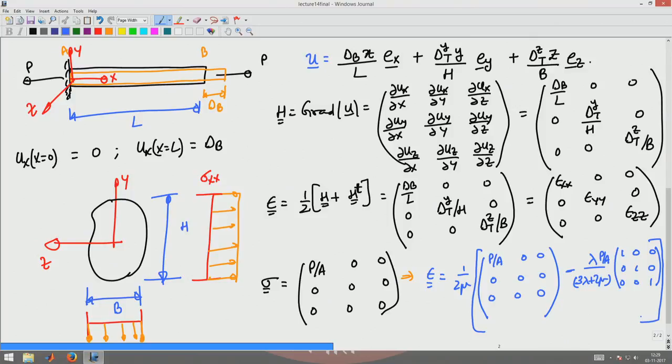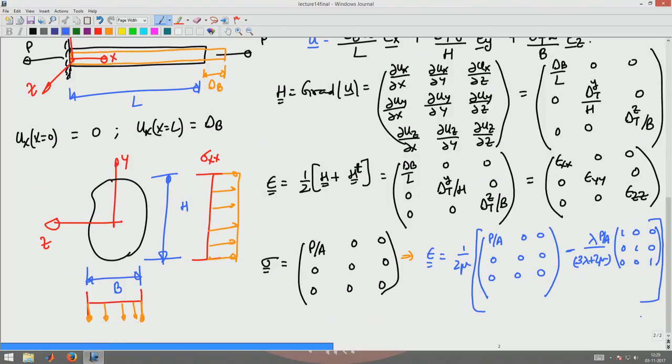Okay. So, I equate the strain obtained here to the strain matrix from the assumed displacement field. You can see only the diagonal terms are non-zero. So, basically now from here I get to know that